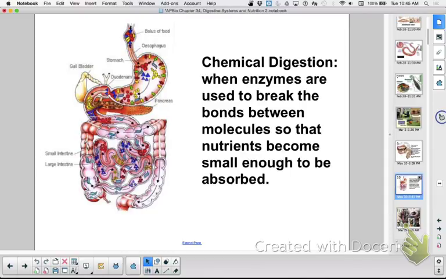Now, what are the walls of your intestines made out of? Cells, yes? Those cells, what do they have going around the outside of them? Phospholipid bilayer. So do we have to completely digest fats? No, we don't, because they can move through the phospholipid bilayer. Along that line, I want you to think about your small intestine. What is an adaptation your small intestine has? Microvilli, which increases the surface area for absorption.